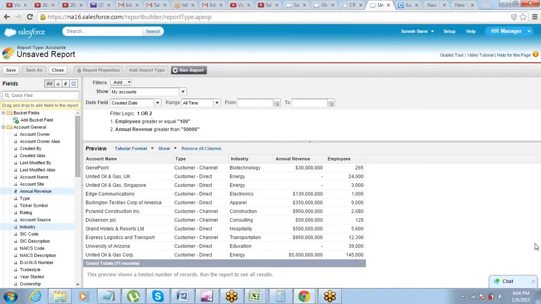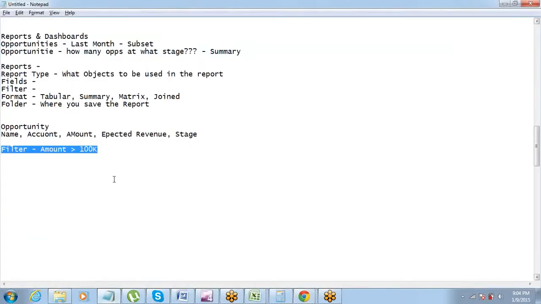Can you repeat what are we doing? Okay. You guys can see my screen? Right. Now the report that we have just created is a tabular format of the report, okay? Format of the report is simple table format. The second one that we are going to talk about is a summary format. So summary format is where you summarize the data based on some field.